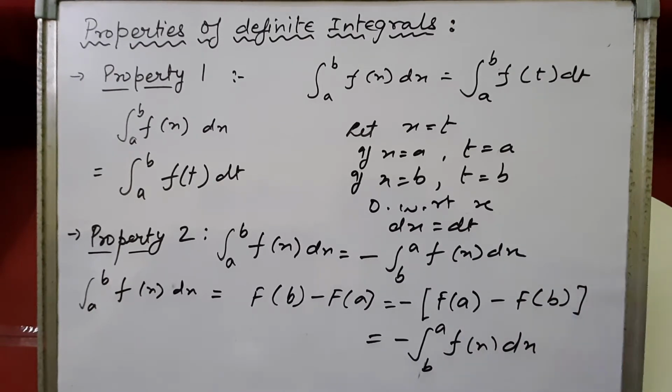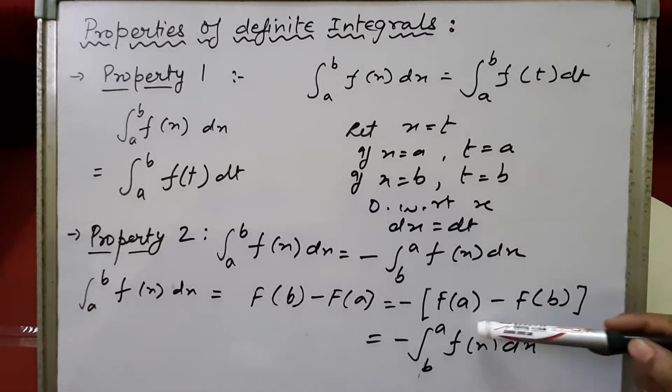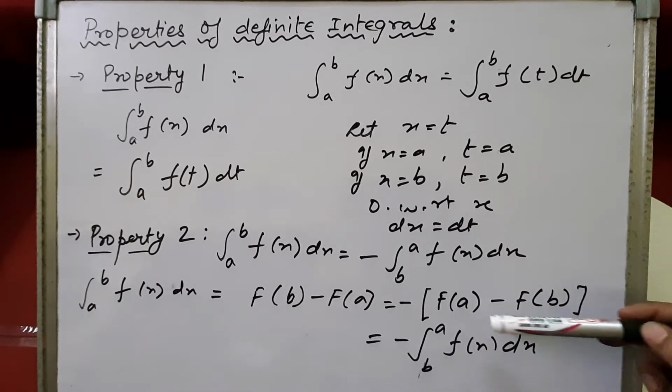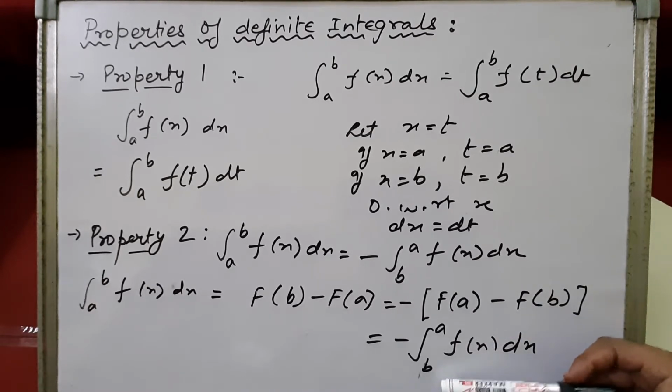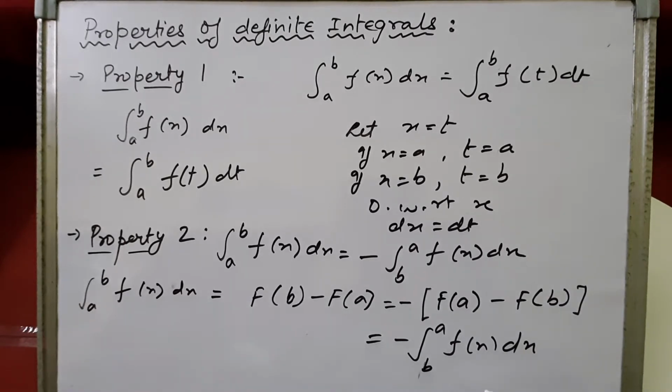Let's see how. If we are doing the integration of f(x) dx with lower limit a and upper limit b, the integral that we'll get is F(b) minus F(a). Now if we take the minus sign common, what we'll get inside the bracket is F(a) minus F(b). You can see a has become the upper limit and b has become the lower limit now. So this can be written as the integration of b to a f(x) dx. So the integration of a to b f(x) dx can be written as minus times the integration of b to a f(x) dx. Alright children, please note down.